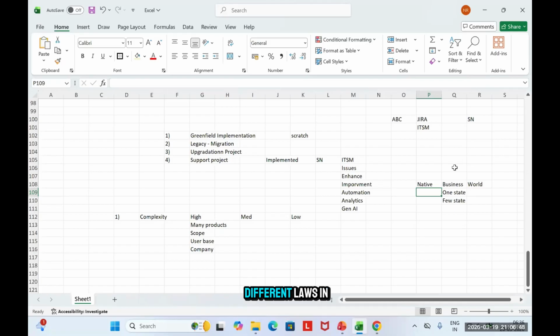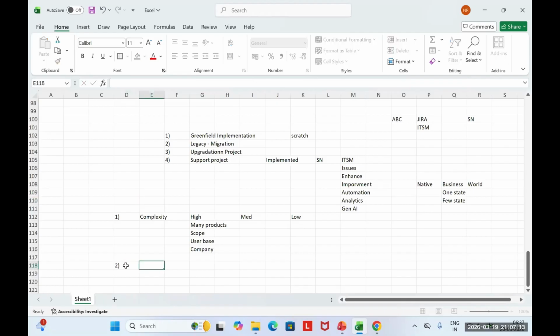Then there are different laws in different countries, so I'll have to create a product that is complying to their laws. These are a few things that I'm telling you. Maybe you will get to know more about them when you actually work on the product. So one way is the timeline depends on the complexity, whether it's high, medium, or low complexity. The second factor is resources and